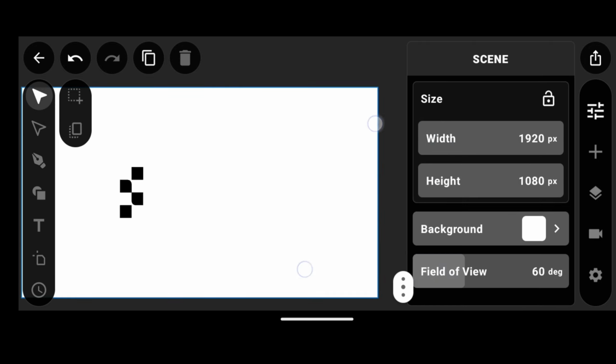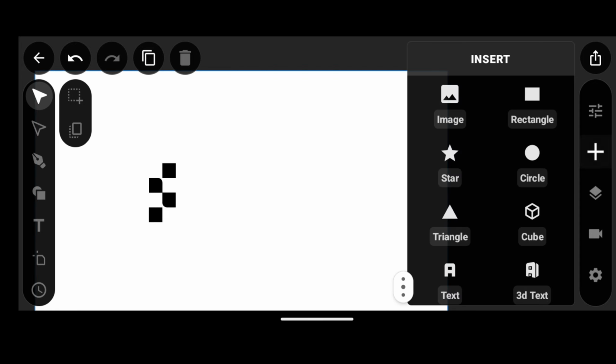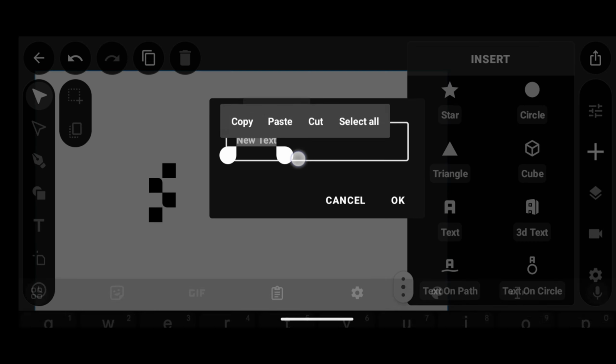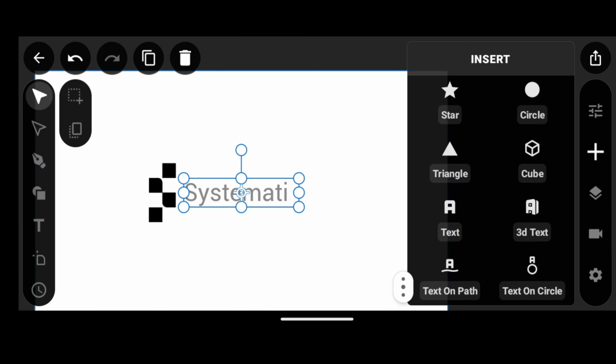And then to now type the text in Systematic. So click on the plus icon, go to text, and type in Systematic. Okay,